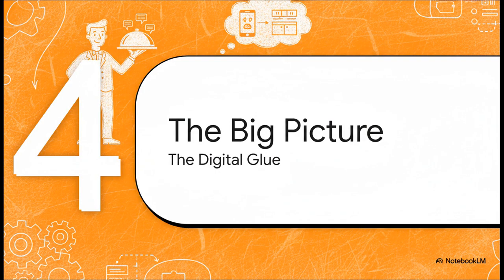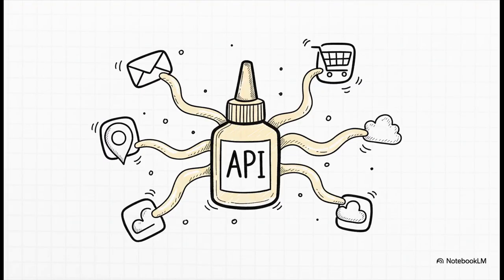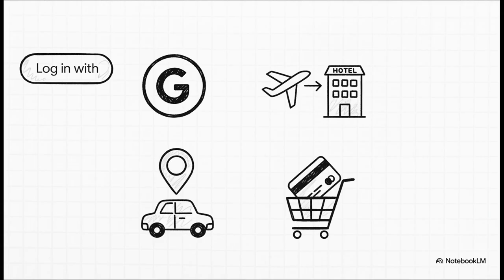So you've got these little request and response cycles happening millions, probably billions of times every single second all across the internet. But what happens when you zoom out from all that? What's the big picture here? Well, to put it simply, APIs are kind of like the digital glue of the internet. They are the invisible force that holds our modern digital world together, allowing thousands and thousands of separate applications to connect with each other and seamlessly share data.